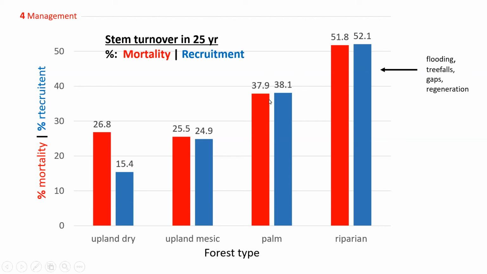Now, what's going on down here with the mortality, again, with the upland dry? That one, even though it had more stems and higher mortality, actually shows an imbalance between mortality and recruitment, and that reflects the original graph I showed of stem number. This reflects thinning. There was a lot of thinning, and when thinning occurs, of course, there's not recruitment to make it up.